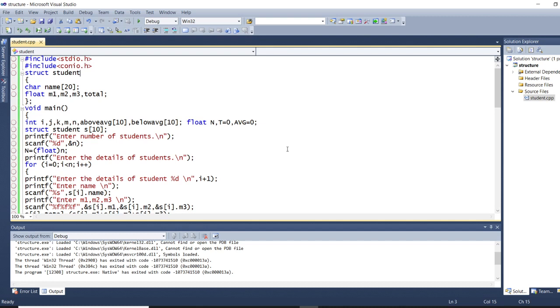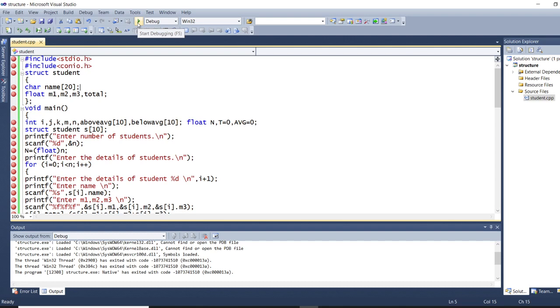This is the second part of the program, that is the structures. In the last program we discussed how the structure program shows its output. So now we are going to debug the program line by line. Let me enable all the breakpoints and let us debug line by line.